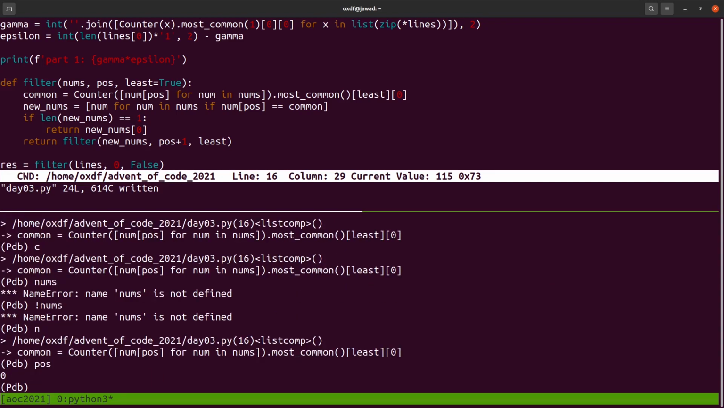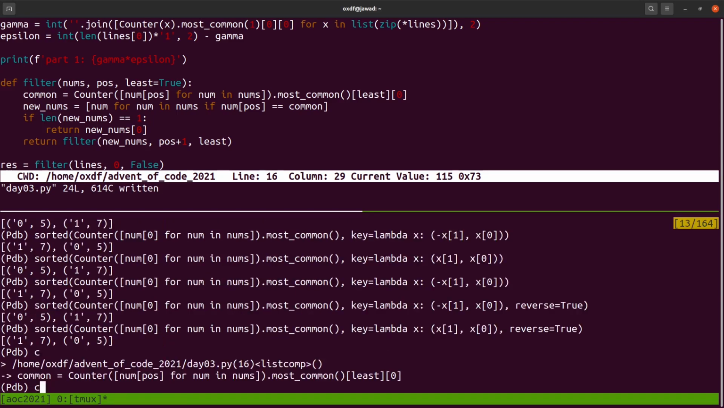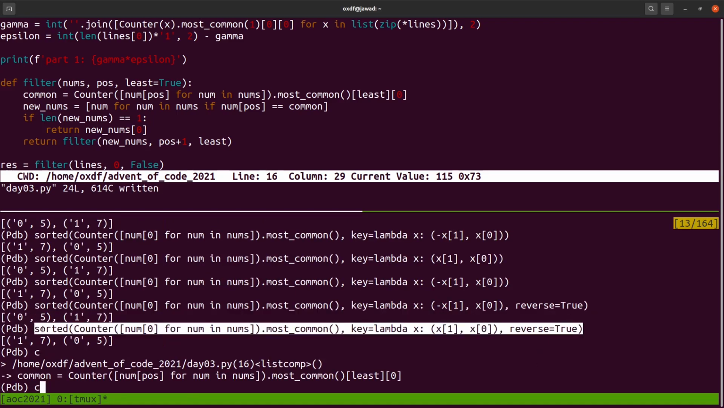Where's my position? 0 still. Ugh, this is where PDB and a recursive function is kind of a mess. But I think this is going to work. And let me go up here and show you what this is going to do. So let's take this here, and we're going to